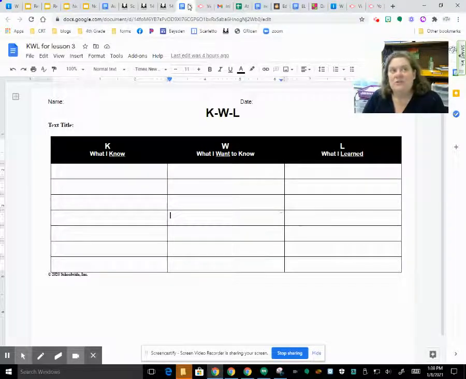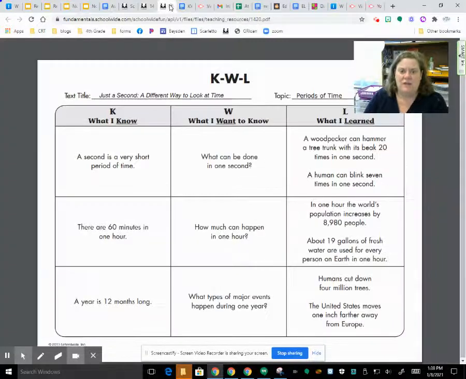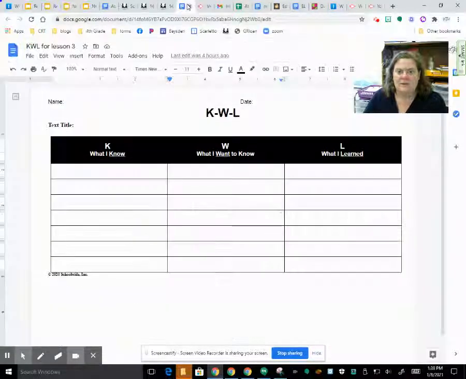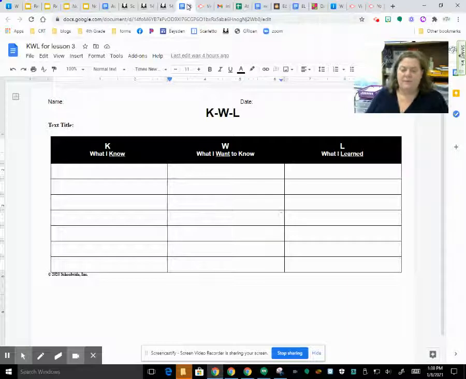I know the first question about 6 of you are going to ask me is, do I have to fill up all those lines? My answer is no. As long as I get a good gist that you have read more than a page of this book. So I would say, on this chart, she had 3. Just depends on how interested you are in the book. I would say at least 3. If you want to do more, you can do more. The boxes will expand and get bigger, so don't worry about that.